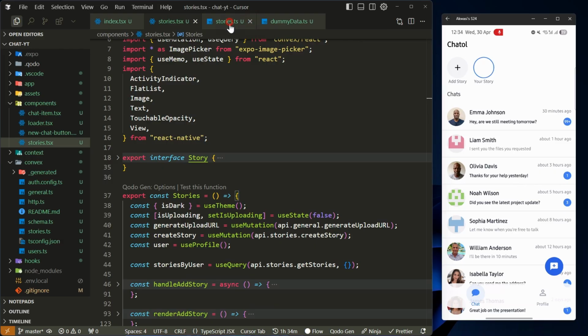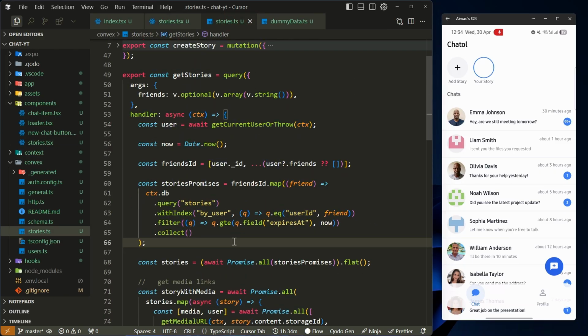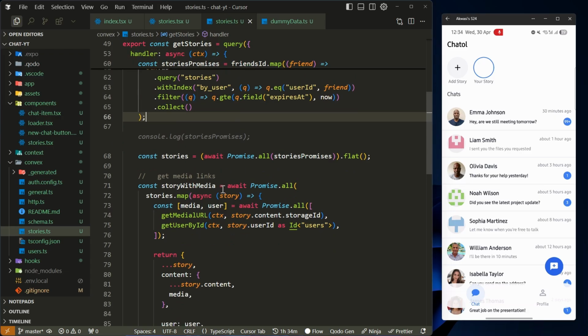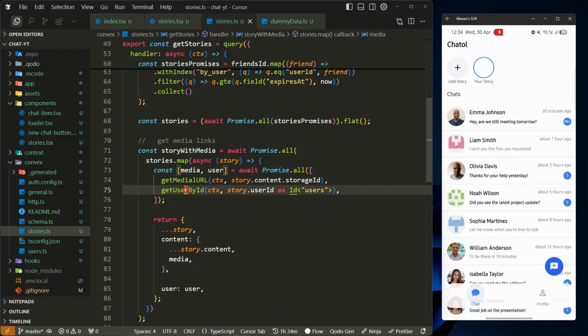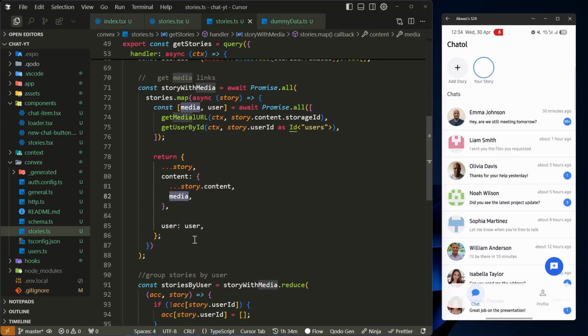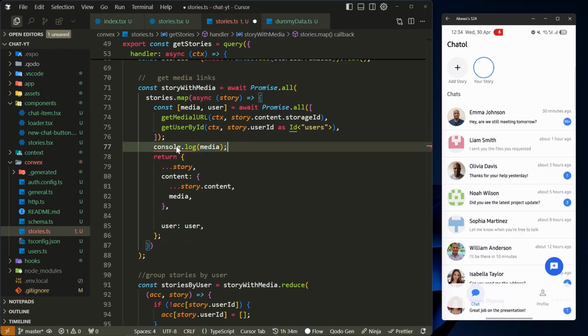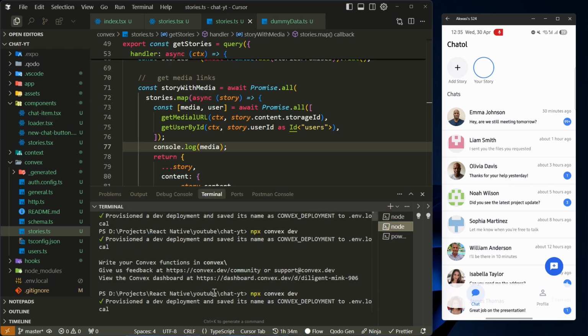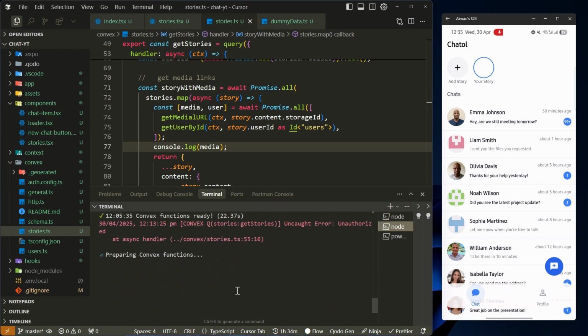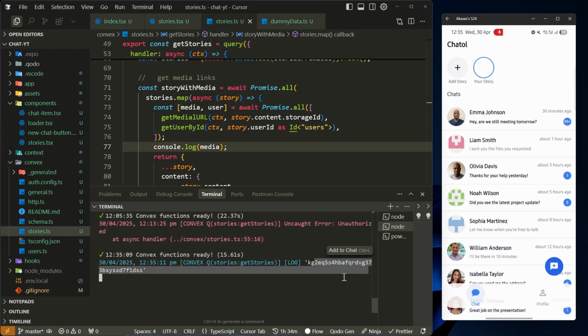Here, get stories and stories with images. So here, for images, we pass the storage ID, we get the media, and we pass in the media here. So what is it here? I'm going to log media here. And this one will come perhaps here. So you see, it's still logging this one. It's not getting the